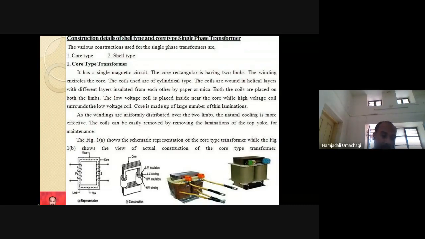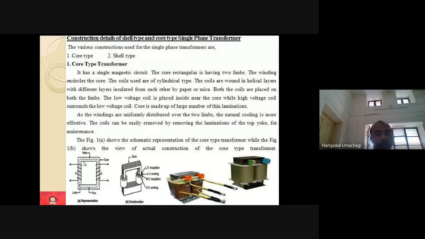Similarly, in the case of transformer, there will be some losses. Those losses will take place in windings as well as the iron part. The losses that take place in the iron part or core part, the core being made up of magnetic material, we call core losses. Similarly, the losses that take place in the primary as well as secondary winding, we call copper losses. That means the winding is made up of copper, and the losses taking place in the copper winding are called copper loss. And the losses which take place in the iron part, iron part means core part, we call core loss.